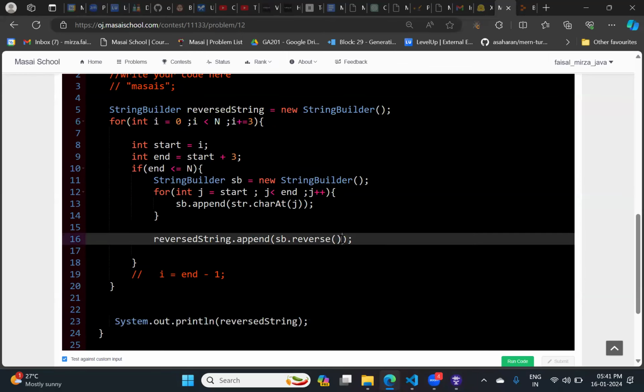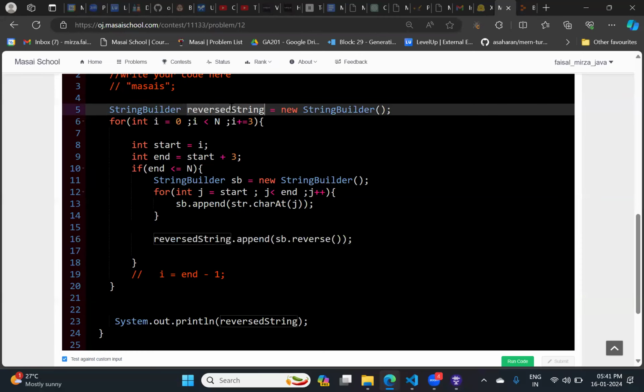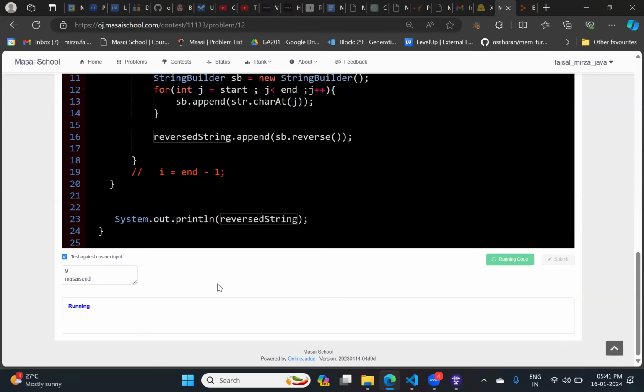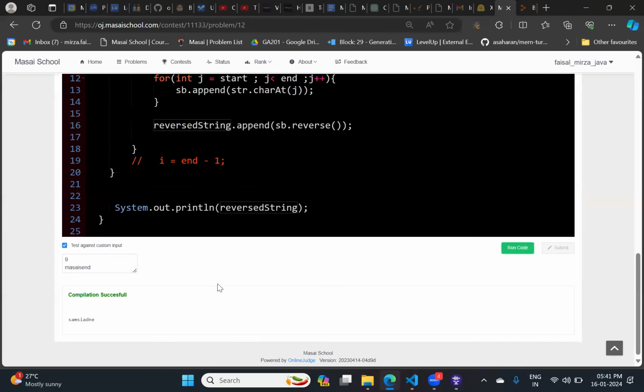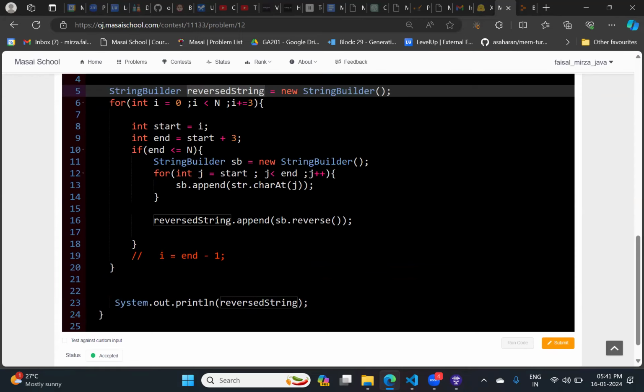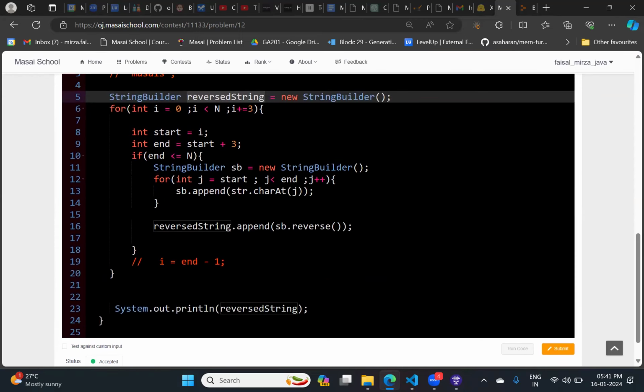Nothing I'm doing. I'm just using this method known as reverse. I'm reversing the given part of the string and appending it into the answer variable, or the reverse string variable, whatever you want to take. Let us see the output. So are you getting the output as per the expectation, Abhishek? Yes, sir. Okay, let us try to submit it. Yeah, got accepted. So this is how the implementation is.